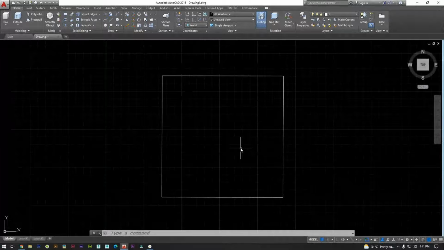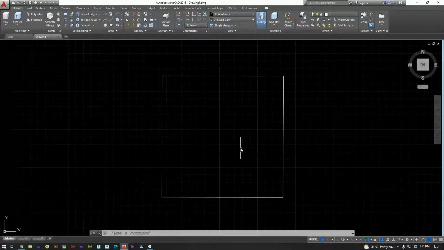As you said, I have drawn the box. We have given the values 40, 40, 12. It's correct. Now what's the next step?